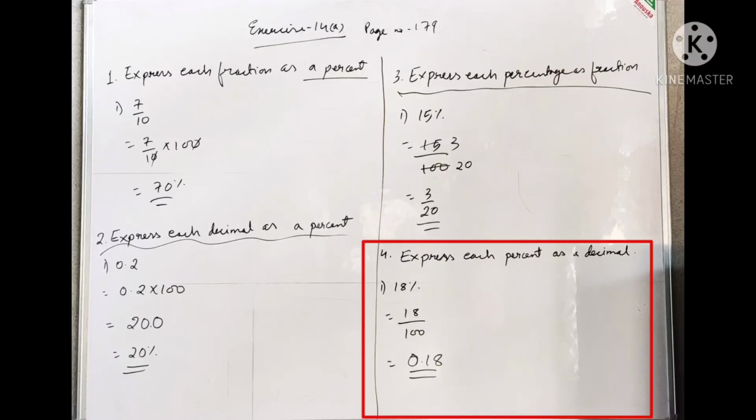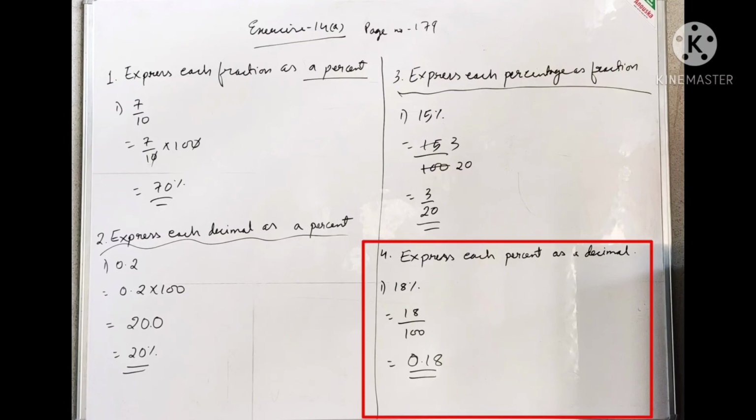So next is example 4. Here it asks you to change the percentage into decimal. So 18%, and with the same method, when you remove the percentage sign, 100 goes in the denominator. Instead of cancelling here, let's write it in decimal directly. So 18 by 100 means 0.18, isn't it? We have already done the decimal chapter, so you all know how to convert a given number into decimal. You can also divide, or you can do the cancellation and then convert, but if you do it directly in this manner, it will be quick to calculate.